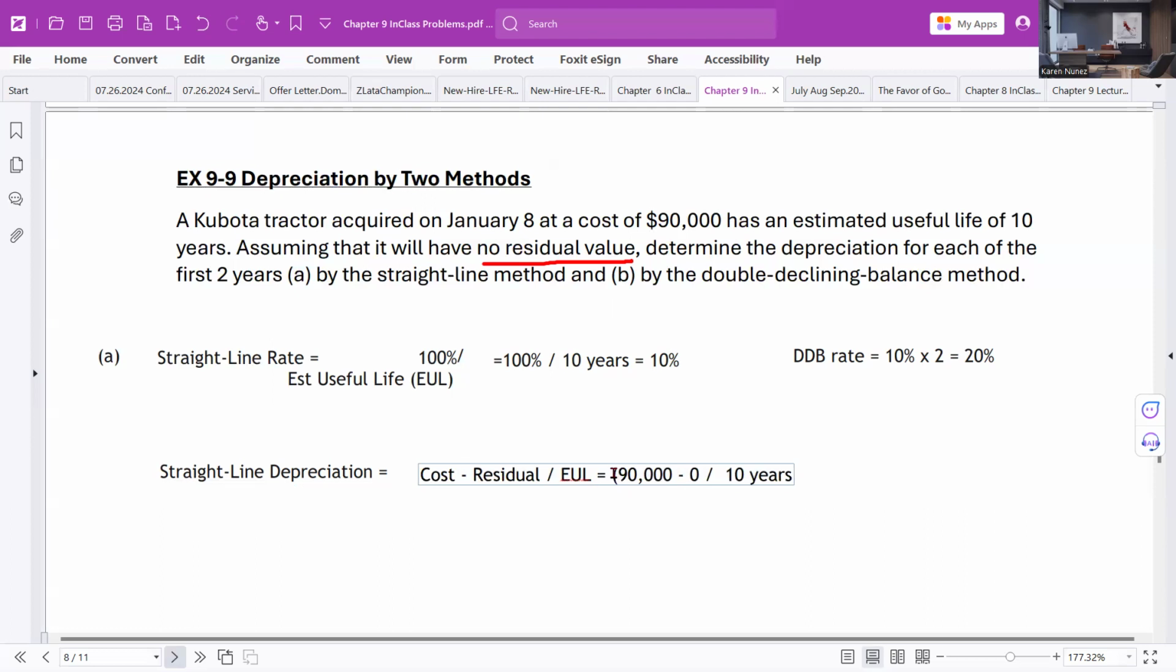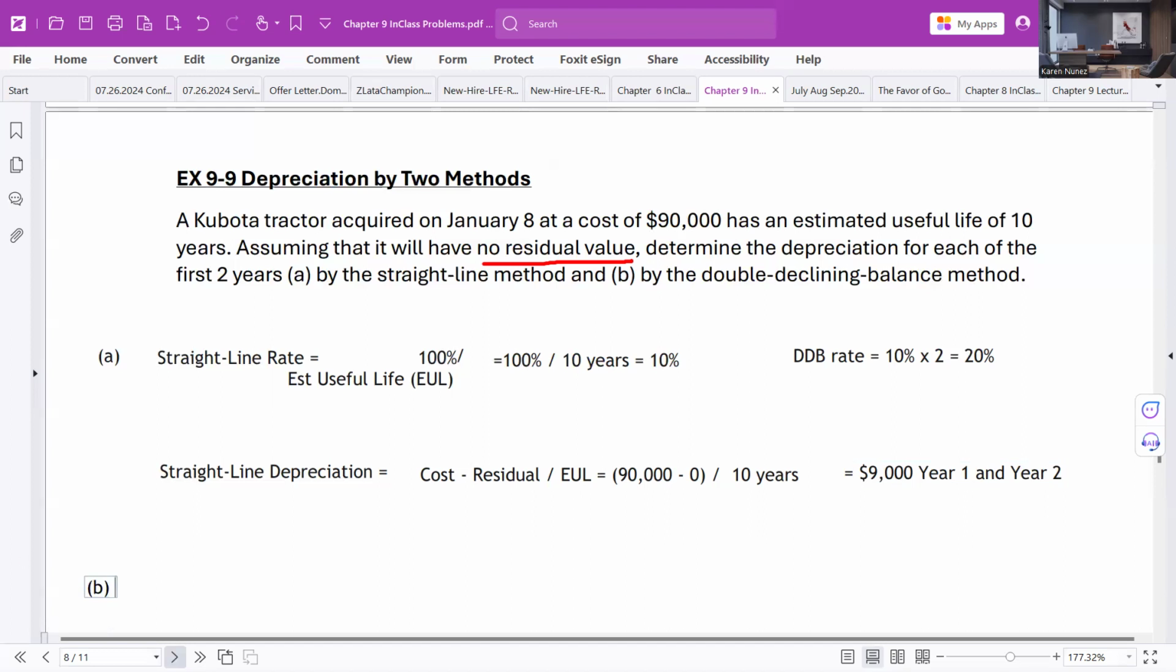Take that $90,000 cost and spread it over 10 years. So what we're saying here is the straight line depreciation, right? That 90,000 spread over 10 years is exactly $9,000 of depreciation. That's the straight line depreciation expense. And it'll be 9,000 for year 1 and year 2. But when we use the DDB method,